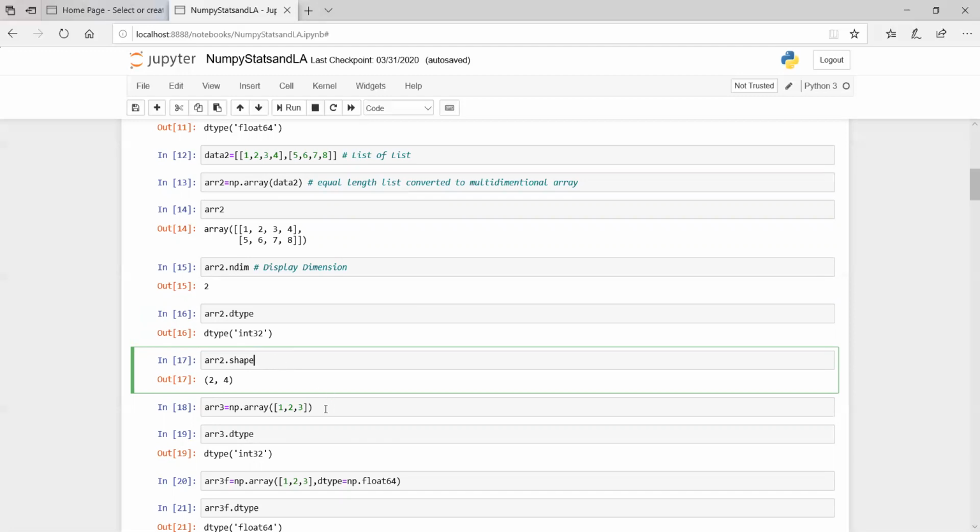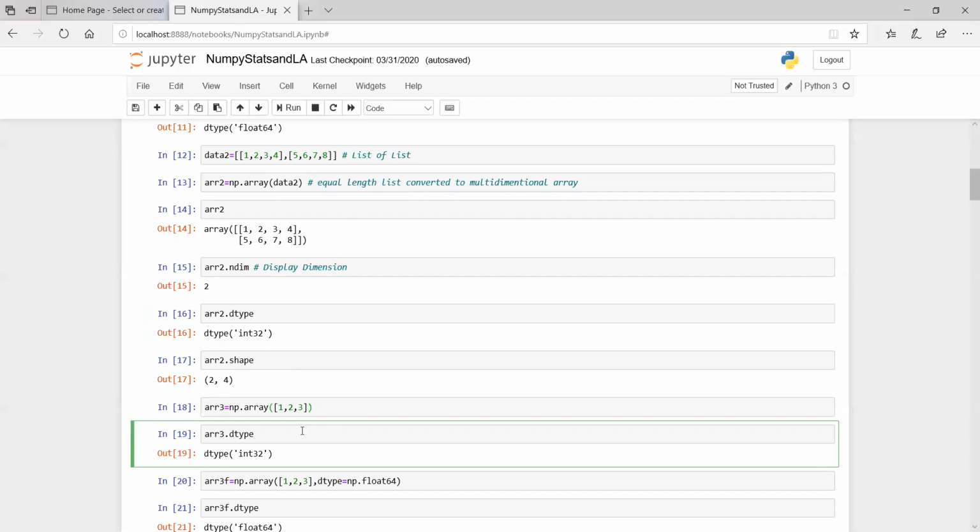It is not always necessary that you create a variable of list type, store the list into it, and then pass it to the array. Directly, you can also pass the list to np.array to form the array out of it. So here we have passed the values 1, 2, 3. There are no decimal values in it. And when you check the dtype of this array3, you find it is int32. When the values are integer type, like in this case 1, 2, 3, by default the data type created will be int32.